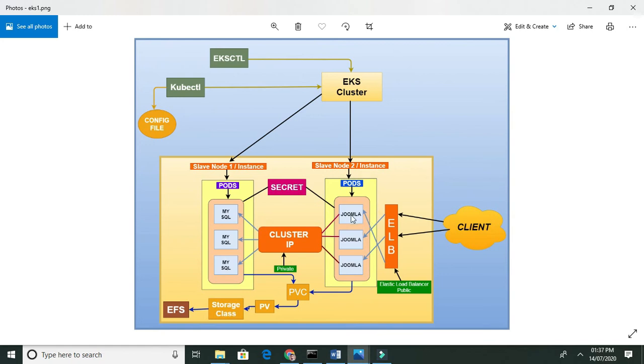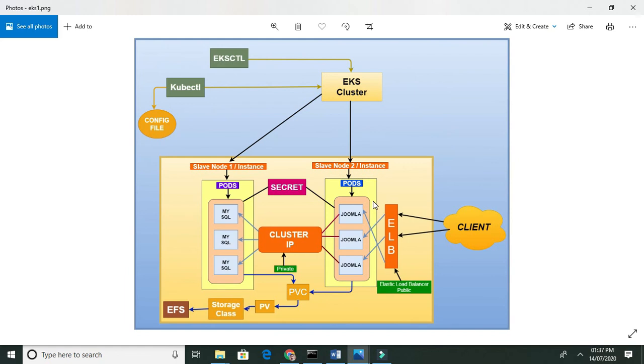So what is the advantage of this? If any pod fails, or the number of clients coming to that pod is very high, it will launch one more pod for us, because of scaling.